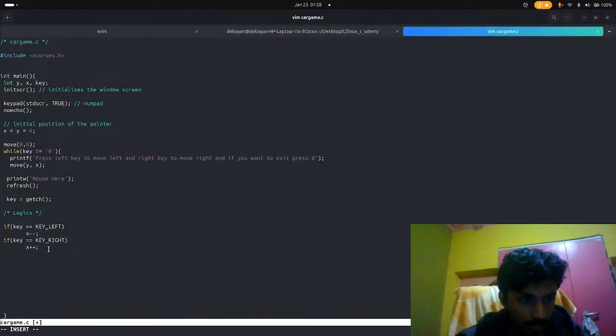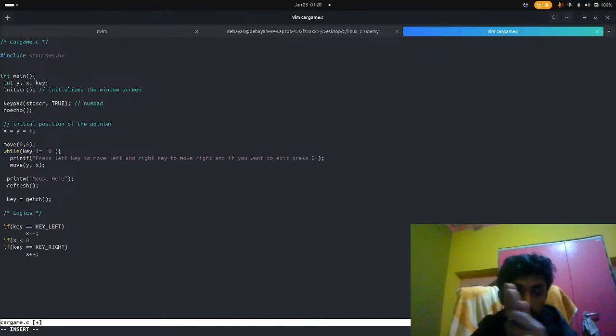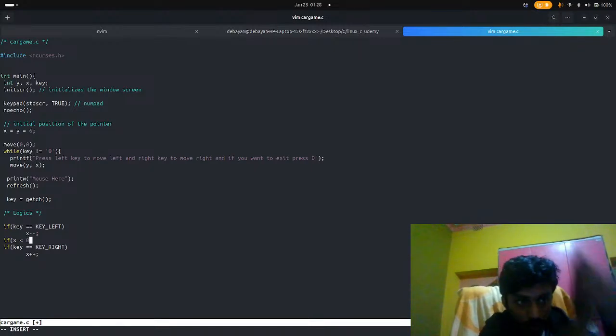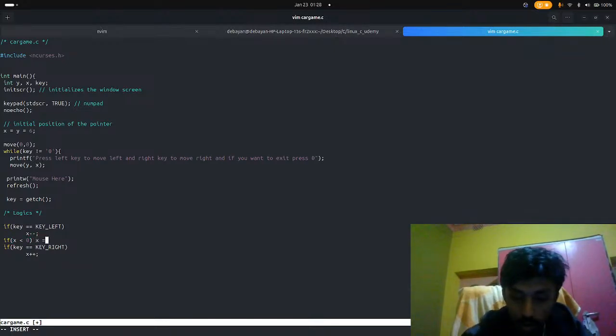So after that, if my x value is less than 0, I mean x is reducing, right? X is reducing, so reducing, reducing, it came to the very last, so it will collide with the border. If it hits this border, I will return 0, so x equals 0, and else if